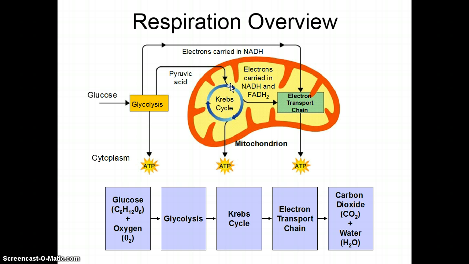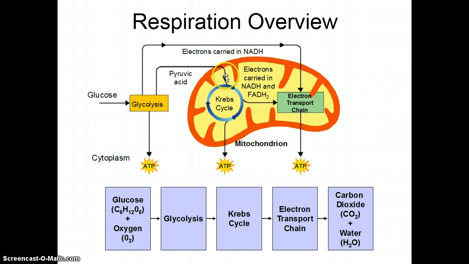The pyruvic acid then goes through the Krebs cycle, and the Krebs cycle will generate some more high energy electrons carried by NADH and FADH2. It also creates citric acid